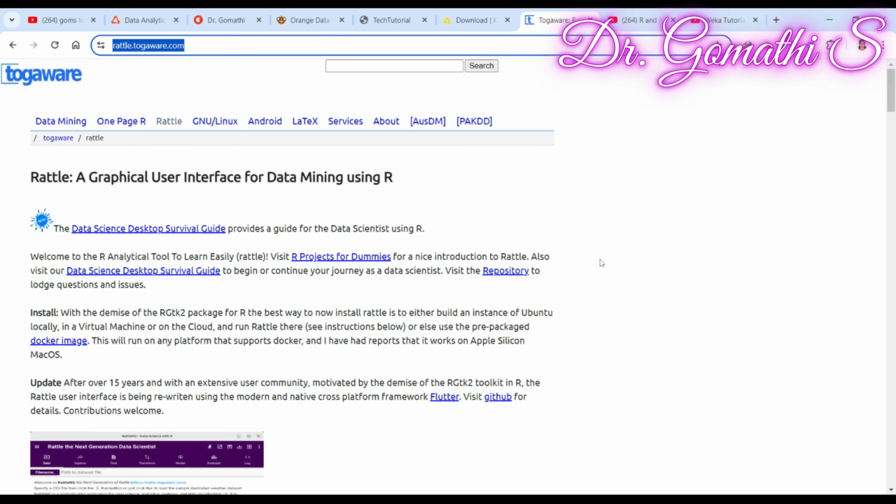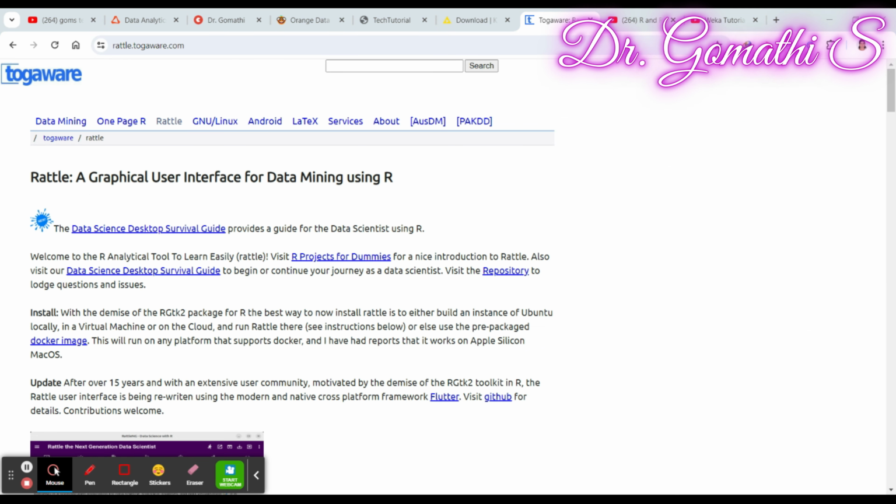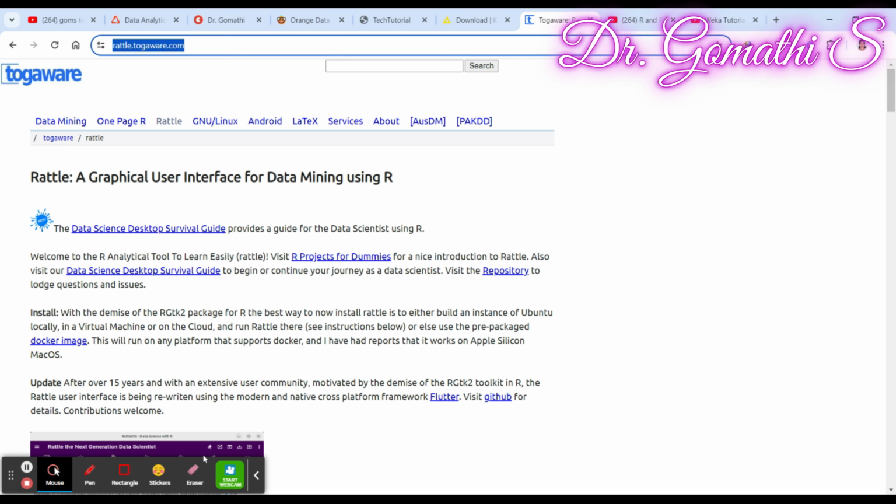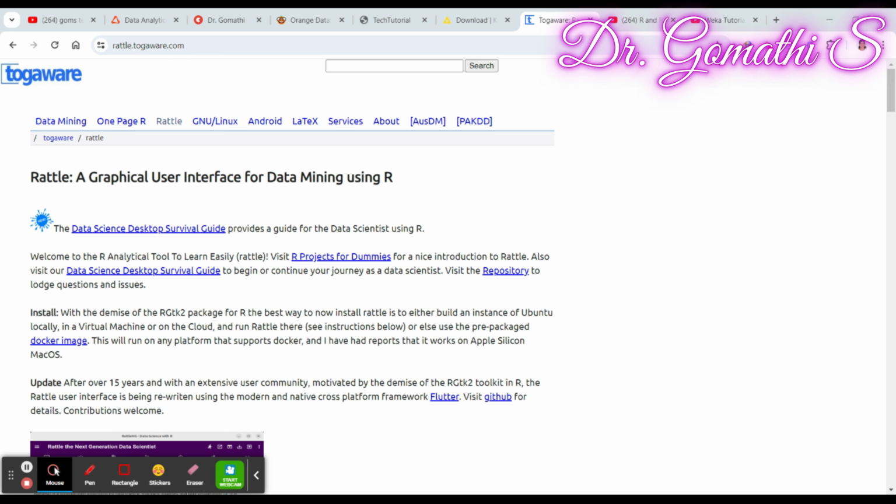Okay, and the final one is all about Rattle. Rattle is actually a part of an R package, which is available inside R. It is like a graphical user interface. If you want to use this, you need R to be installed. It supports comprehensive data mining operations and a wide range of tasks such as statistics, visual summaries of data, data transformations, and everything.